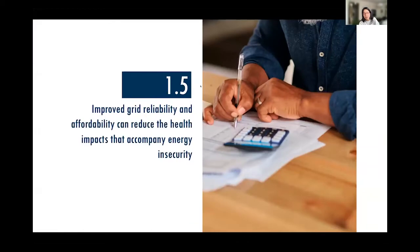And finally, the combination of electrification and high efficiency, climate appropriate, smart technology gives us the opportunity to increase the affordability and reliability of energy access, which is an important driver of health inequity. The reliability and affordability of energy access has a very important impact on health. When households and families are unable to